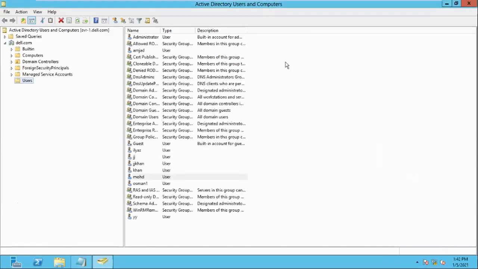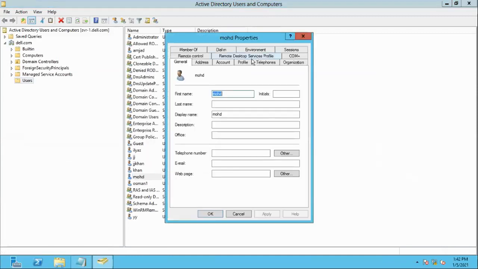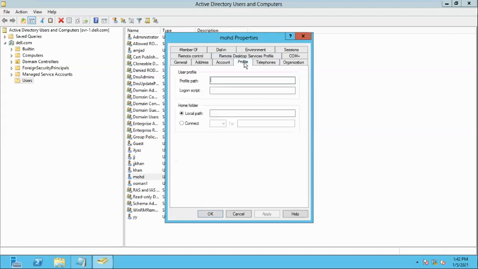I create the user MOHD. Now I want to configure the home folder for this user. Right click, click on properties, click on profile, and see here, home folder, connect. In a workgroup, we can say this home folder is a map drive.